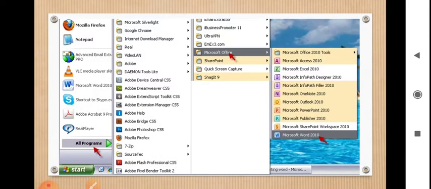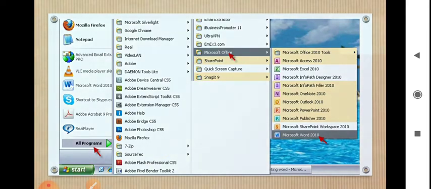Next comes how to start Microsoft Word. There are two ways you can start Microsoft Word. In the first, go to the Start button. Here you can see All Programs, an arrow has been given, Microsoft Office, and next Microsoft Office 2010 is written; instead of 2010 there will be 2016.